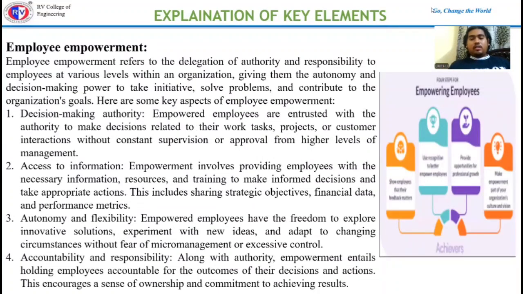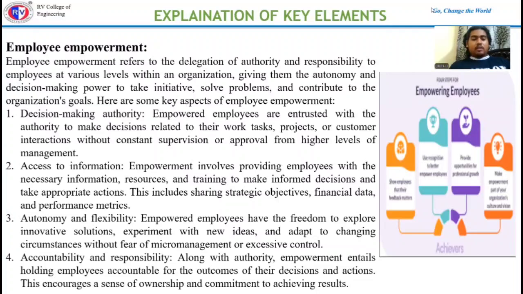So another important thing in organization structure is employee empowerment. Employee empowerment refers to the delegation of authority and responsibility to employees at various levels within an organization, giving them the autonomy of decision-making power to take initiative, solve problems, and contribute to the organization's goals. Some of the key aspects are decision-making authority, where employees are entrusted with authority to make decisions related to their work aspects. Access to information: empowerment involves providing employees with necessary information, resources, and training to make informed decisions and take